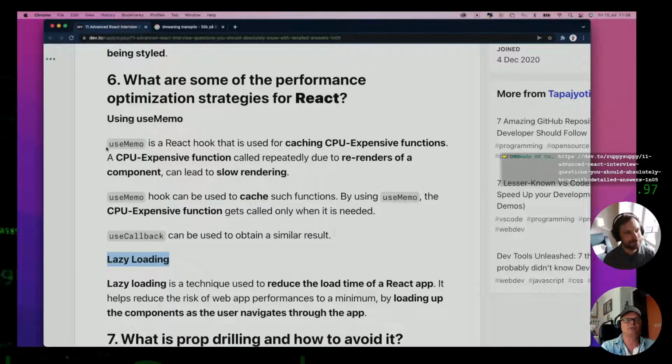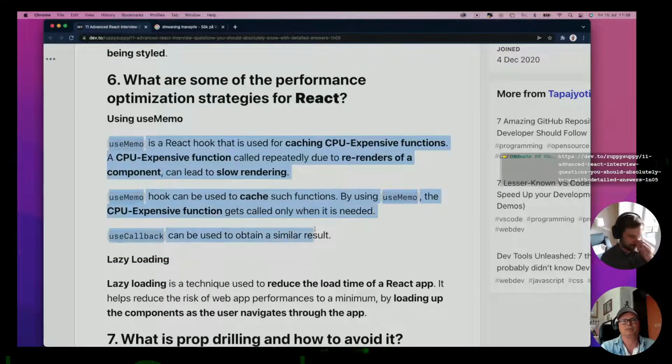This useMemo thing and useCallback, right? Without prolonging the discussion, we can use useMemo at some point in our project, but the explanation is that it's a React hook used for caching CPU expensive functions. If you have a CPU expensive function, it almost sounds like you have a web game or something, and would you use React for that? I'm not so sure. Again, perhaps we're just ignorant, perhaps we just don't know. Could be, but I do not feel comfortable with this. I would never use this answer personally,